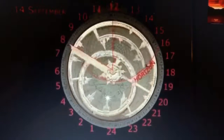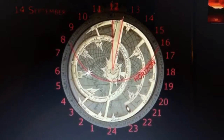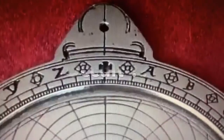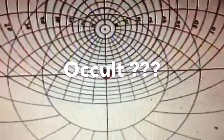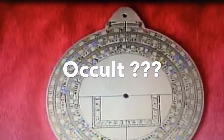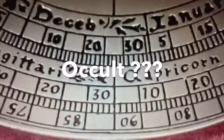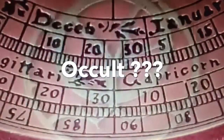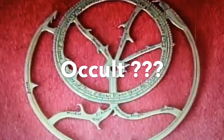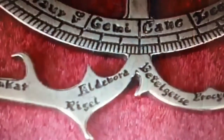As we look deep inside here in the mechanism, as we go through a whole bunch more astrolabes, we're going to see some differences. Now, the occult, when you look at the astrolabes, you're going to get the occult no matter what. The mildest would be maybe cast a little spell or something before you plant the corn or whatever. And the worst might be going into a trance medium, or channeling spirits, or actual ritualistic spell casting, and even